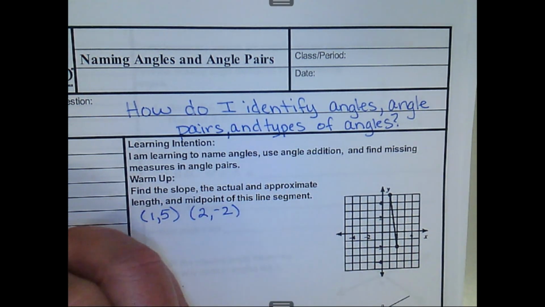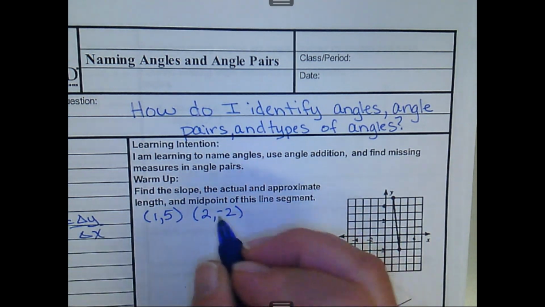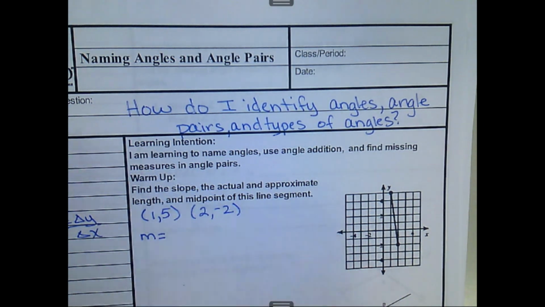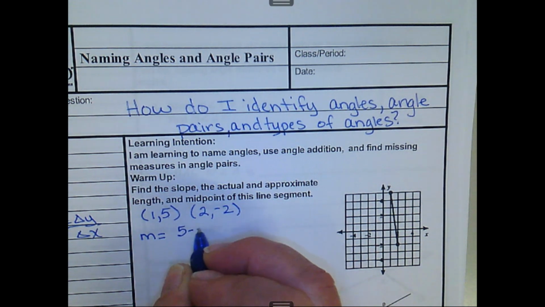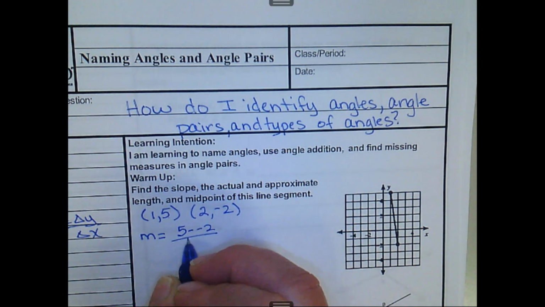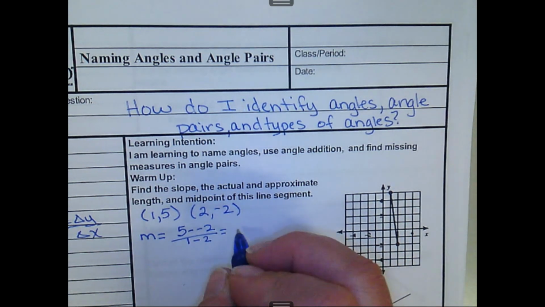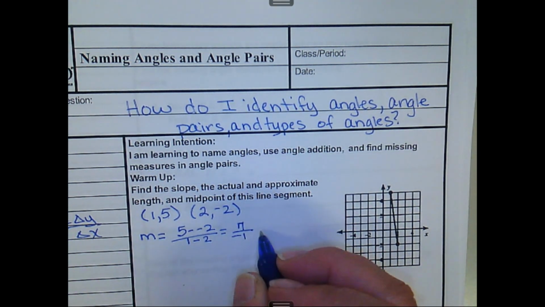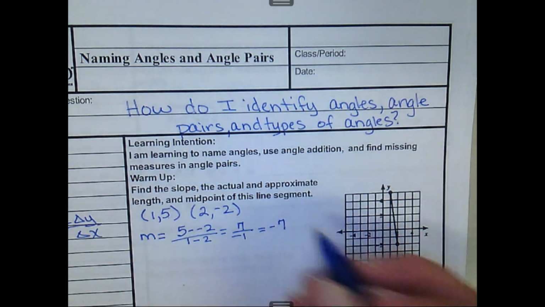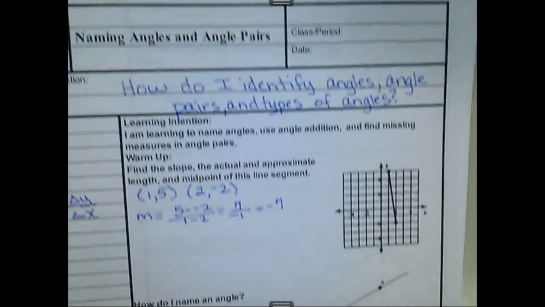And remember, our slope is delta y over delta x. Okay, 5 minus -2 over 1 minus 2. 5 minus -2 is 5 plus 2, which is 7, over 1 minus 2 is -1, so this is -7. So our slope is -7. To find our length,